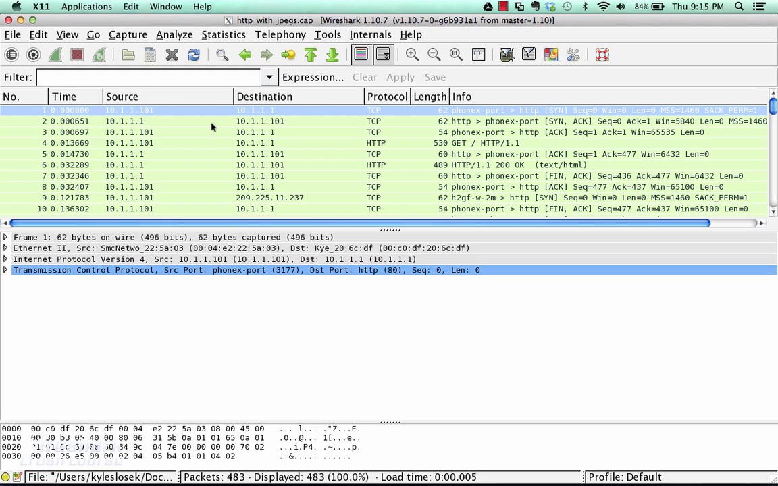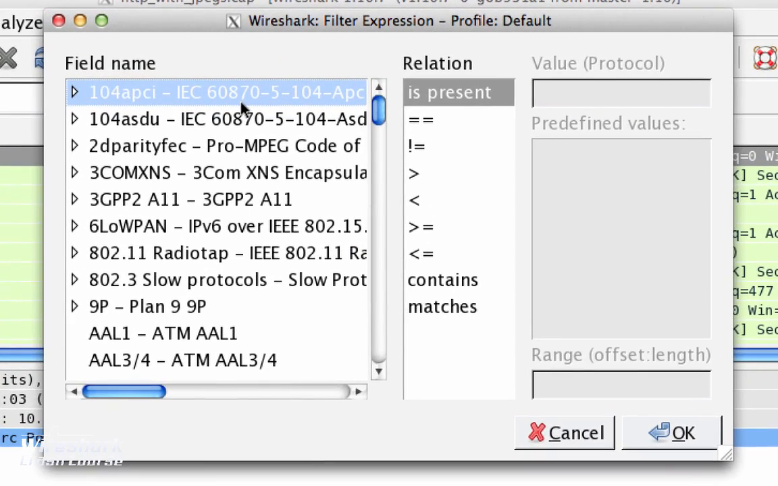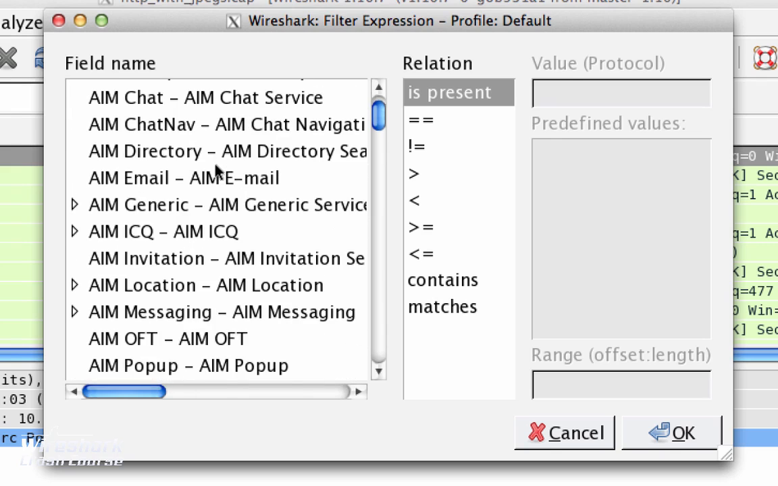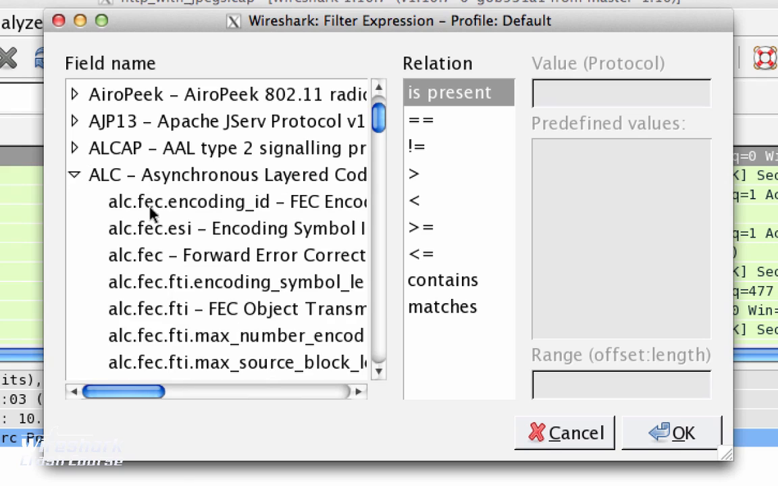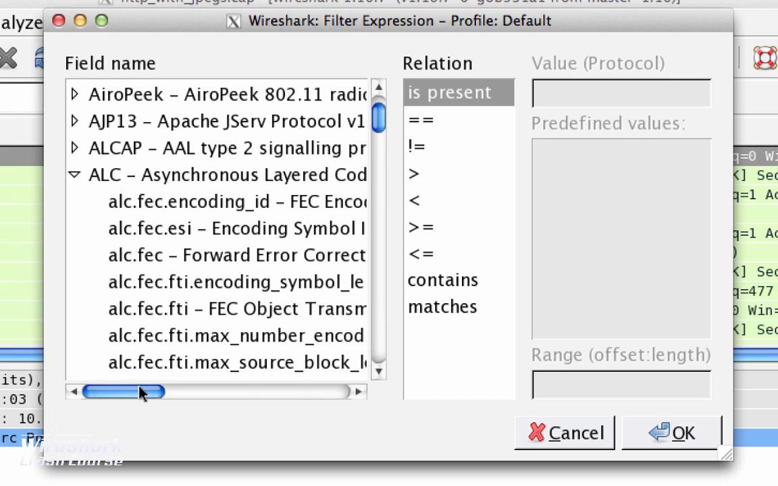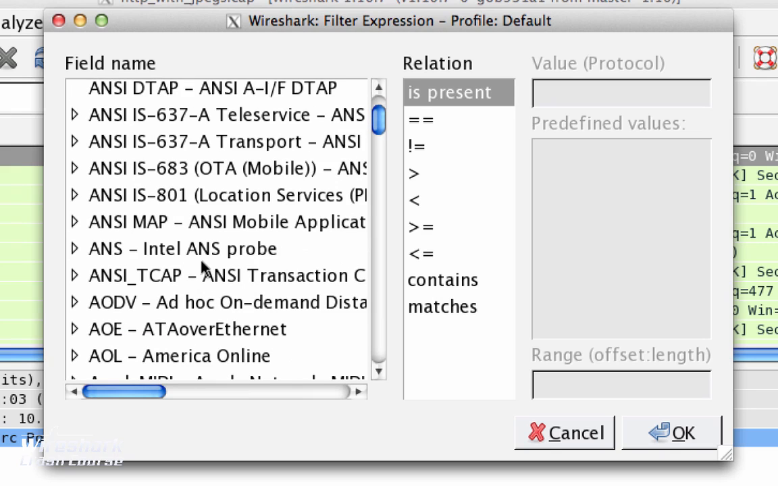So there's a couple of ways to do it. First way I'm going to show you is by using the expression builder. Here you will click on the expressions button and it brings up this window. Within this window, on your field name, you have a whole bunch of protocols. You can open up a few of them and you can see the sub fields and what they mean. Now, a lot of these you may not know, but it's a very long list and it's very easy